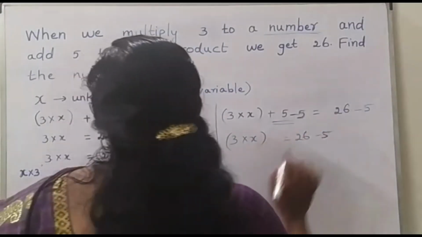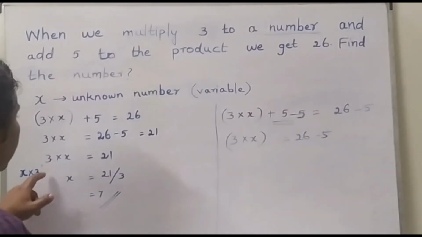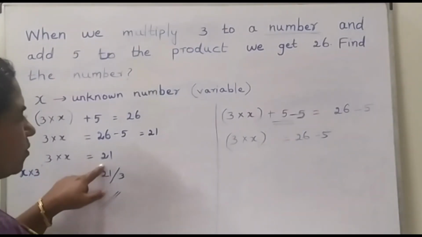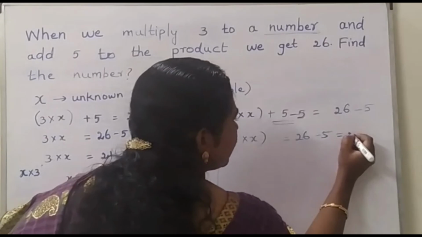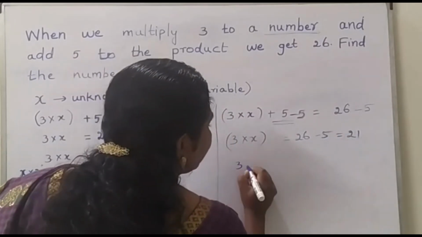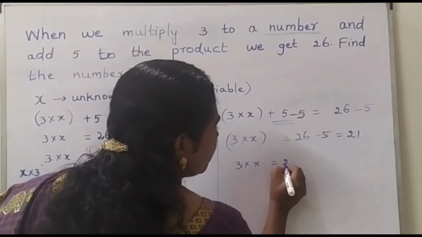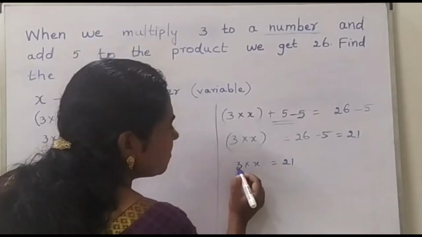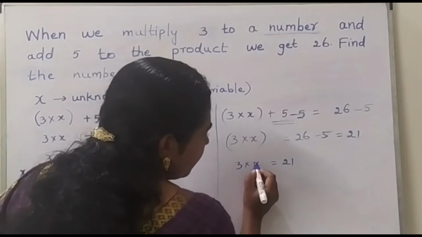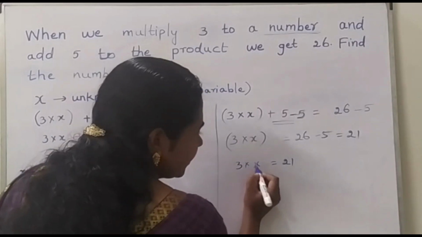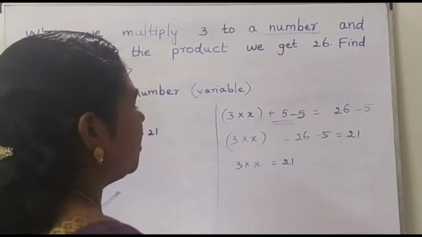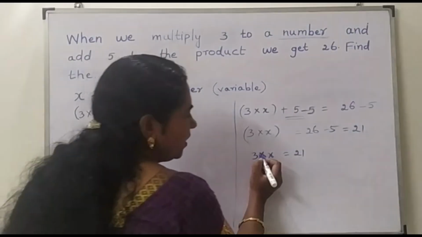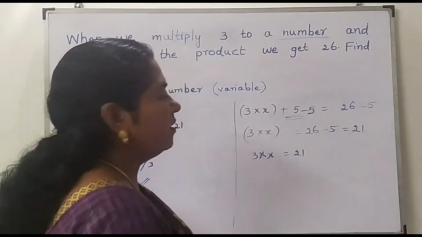Okay, so now this is the first case. Now the next one, it is 3 into x is equal to 21. We have obtained that. Now again using the same principle only. So here it is 3 into x. We need only x, that is, we need only the unknown variable. So what we have to do? Here we are having a multiplication sign. So